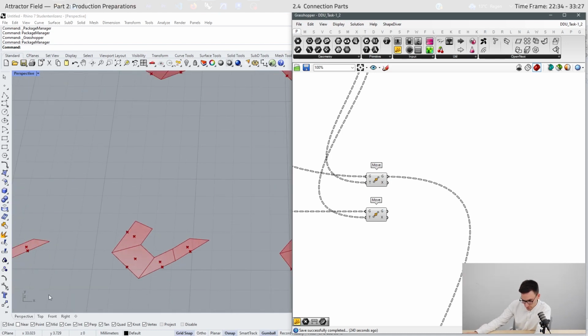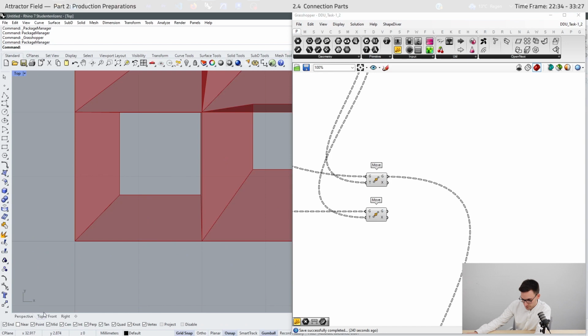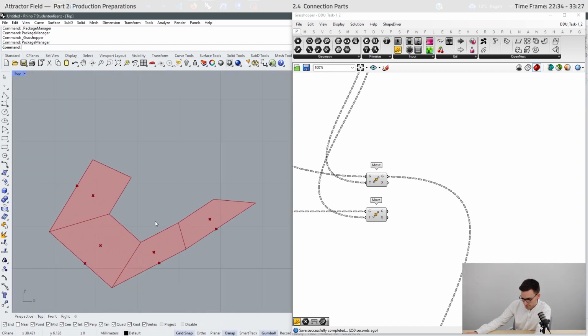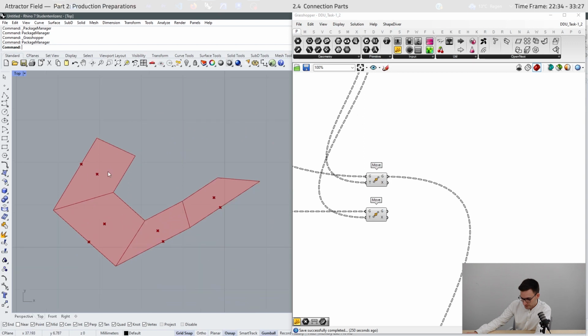Okay, in this part we will create the connection parts. If we take a closer look, we can go to the top view, and we need to fold this geometry on this edge, on this edge, and on this edge, and we need to connect the geometry with this edge and this edge, and therefore we have to create a connection part right here, and we also have to create connection parts on these 4 edges to glue the geometry on the ground if we want to. And yeah, we will start with this edge.